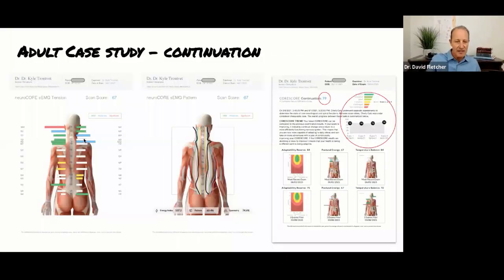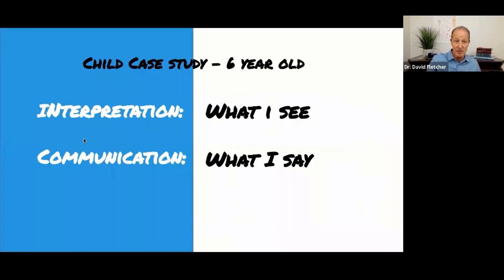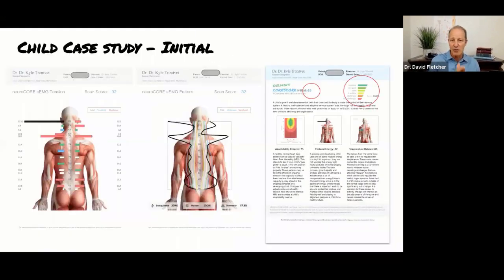And this is good. This happens to be a 6-year-old as we start to go on. I showed you that we can do it on 12-year-olds, but remember I said 6-year-olds, you have to be very careful when you're collecting with them. The pattern score with this one is difficult. It's 20. We've got a lot of reactivity going on.